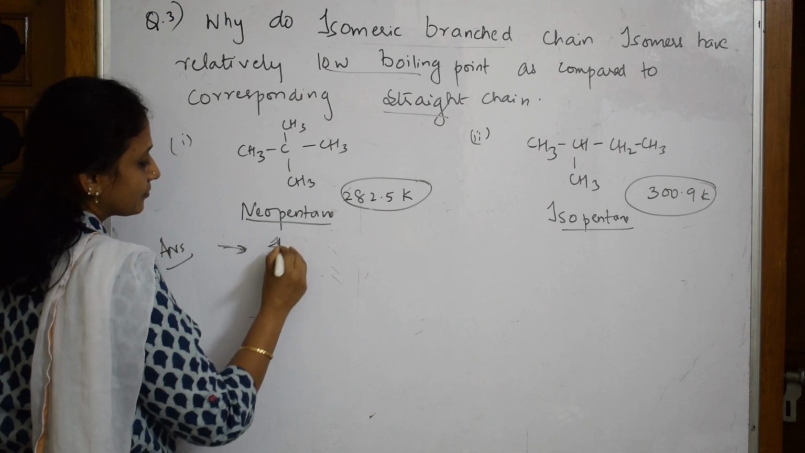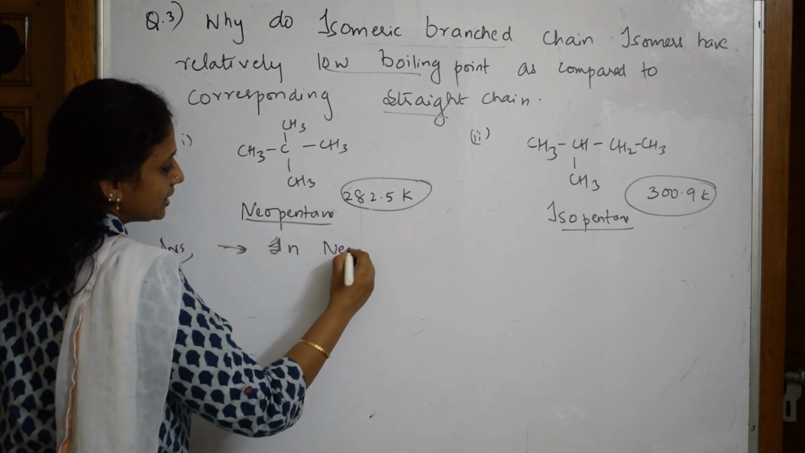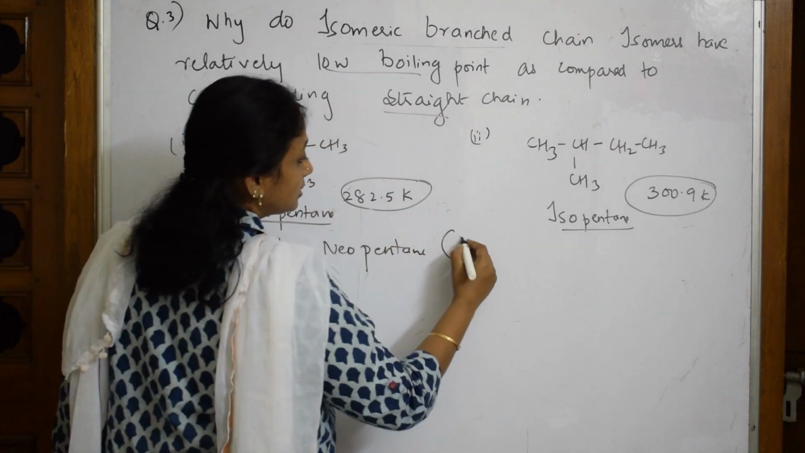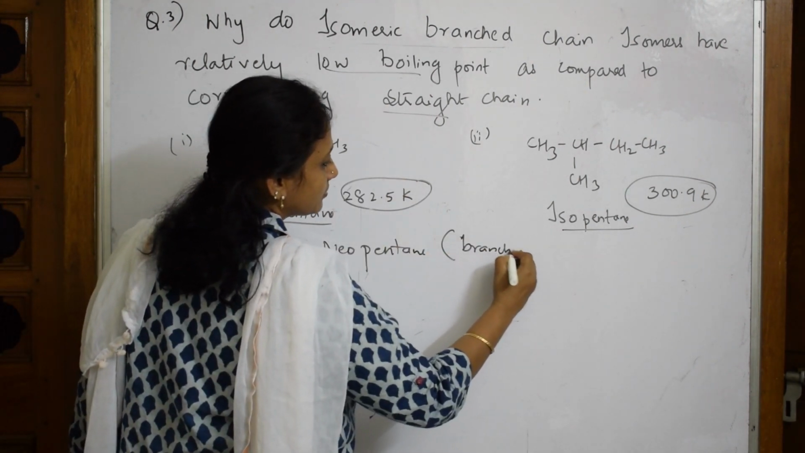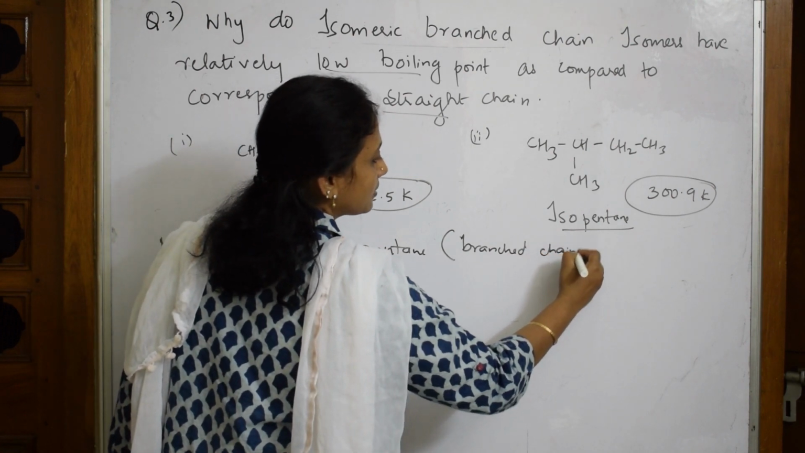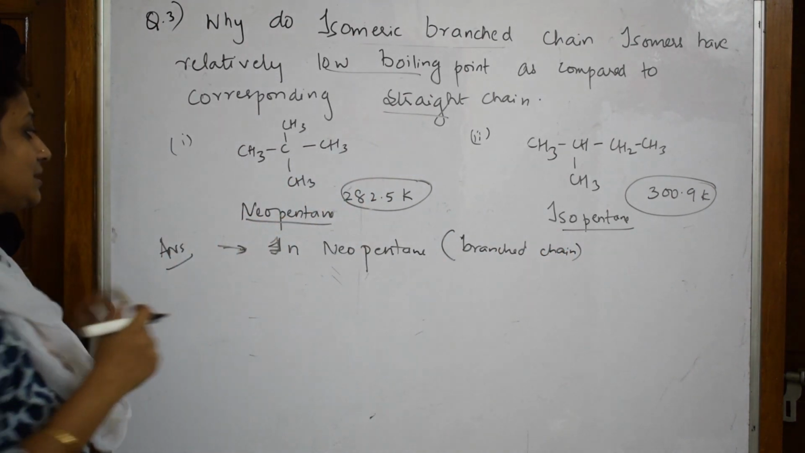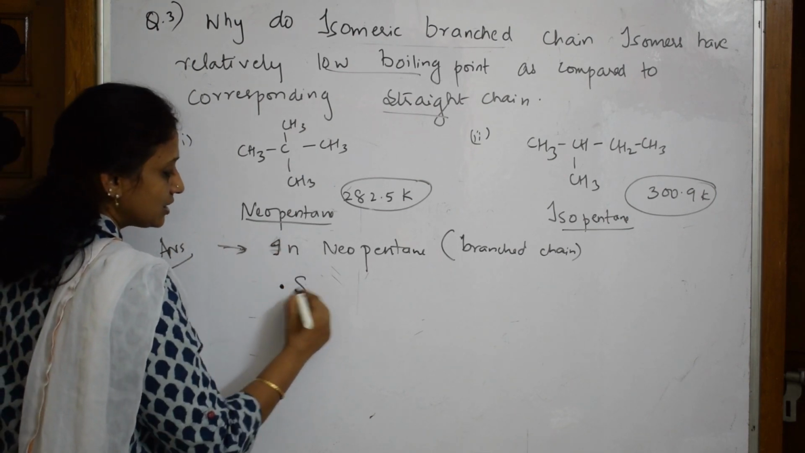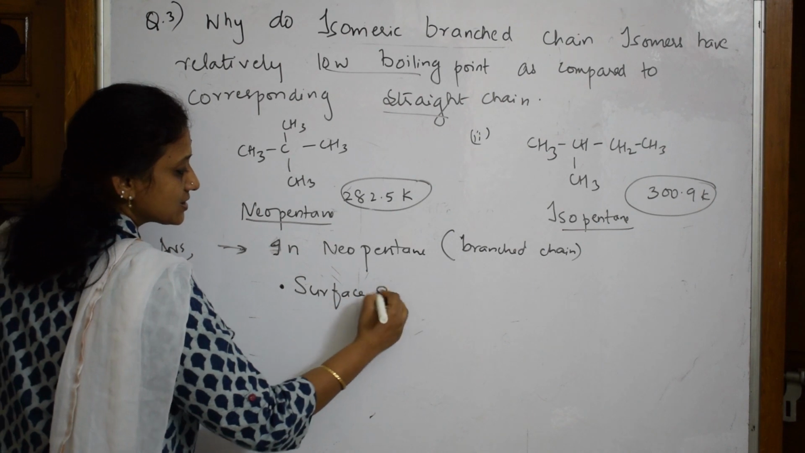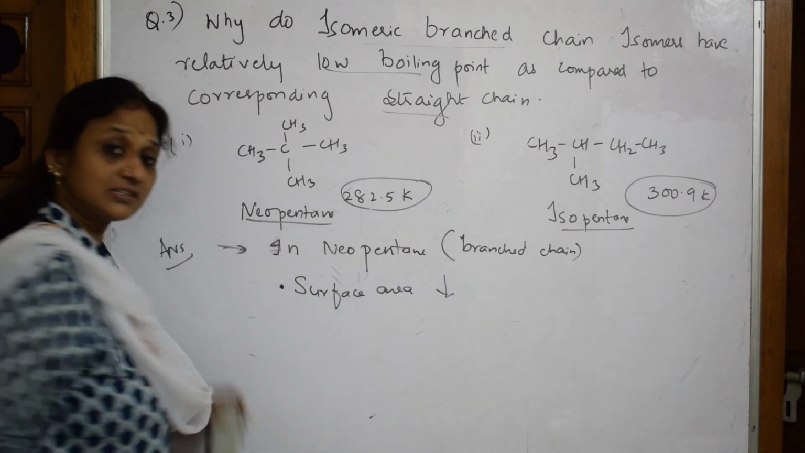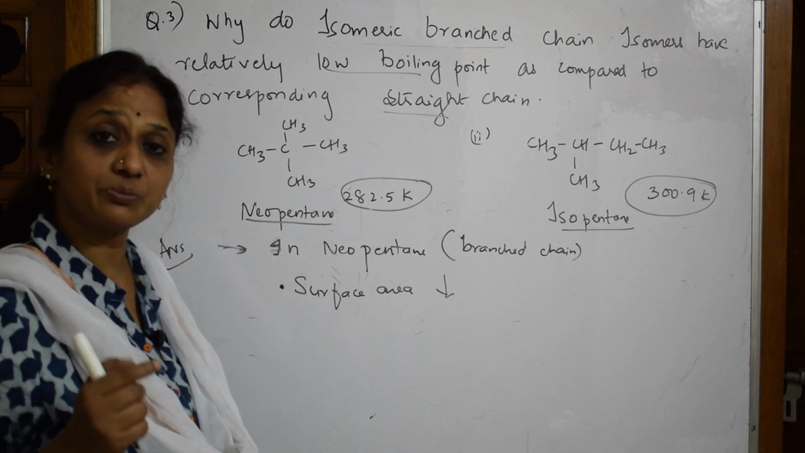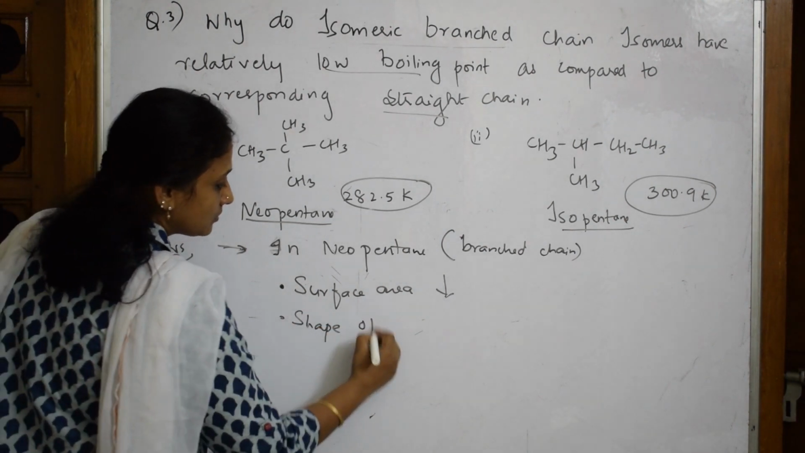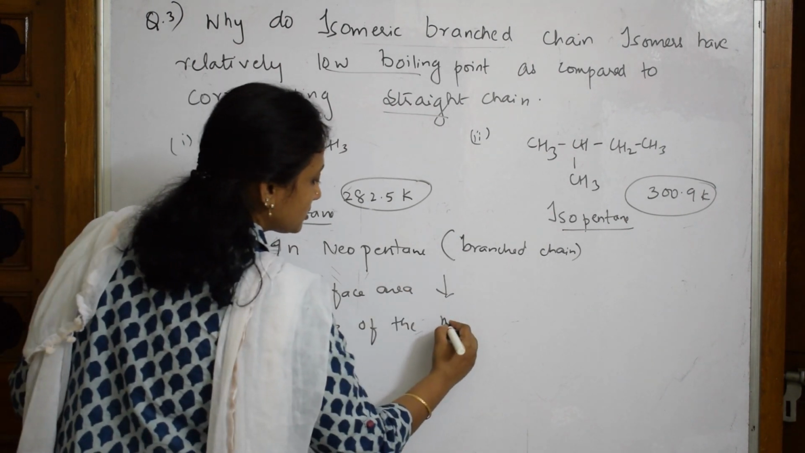In neopentane, what is this? This is a branched chain. What happened? You should tell me. Yes, simple thing. In a neopentane isomeric branch chain, first important thing, surface area decreases. When the surface area decreases, what will happen to the shape of the molecule? Yes, shape of the molecule